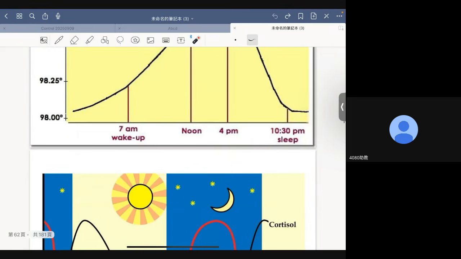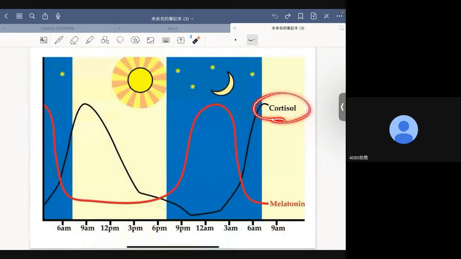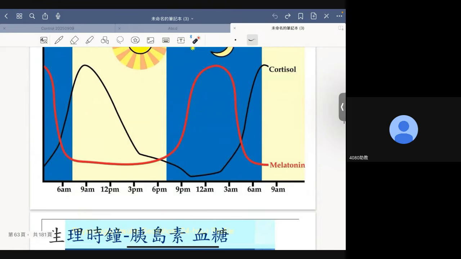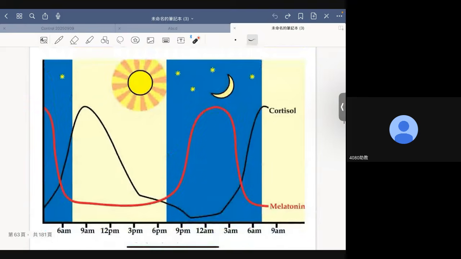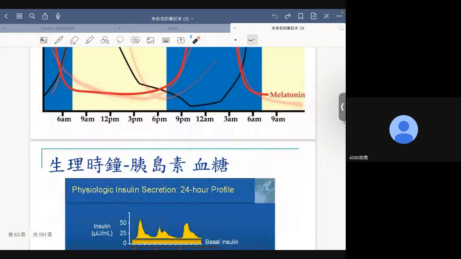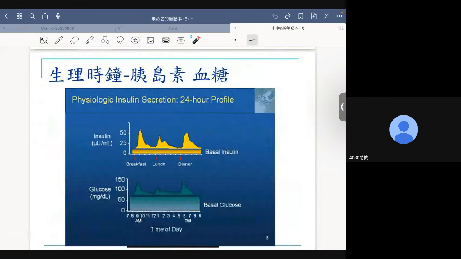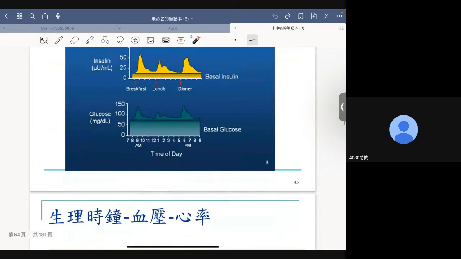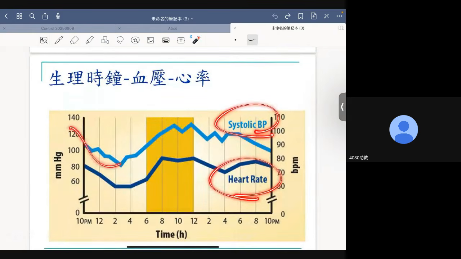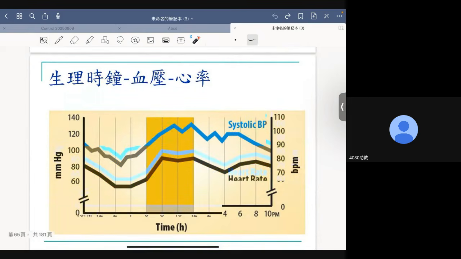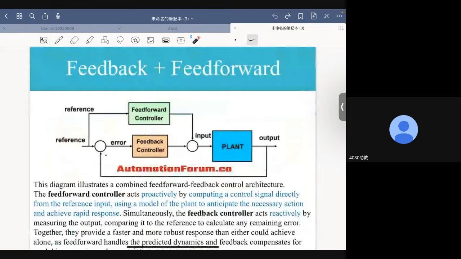during different times of the day, okay? Our cortisol and melatonin also have a 24-hour period, okay? So in this way, our human body actually has built-in controllers to track this trajectory, all right? And our glucose and our insulin also have a 24-hour period. And our blood pressure and our heart rate also have their own circadian rhythms. Okay, so this data shows us that our body actually has many built-in control mechanisms, and they are dealing with tracking